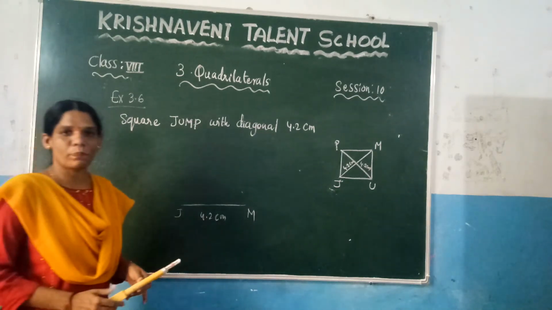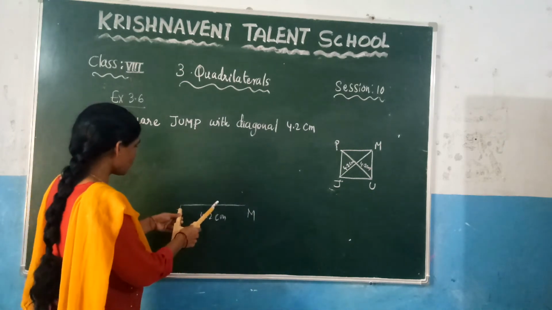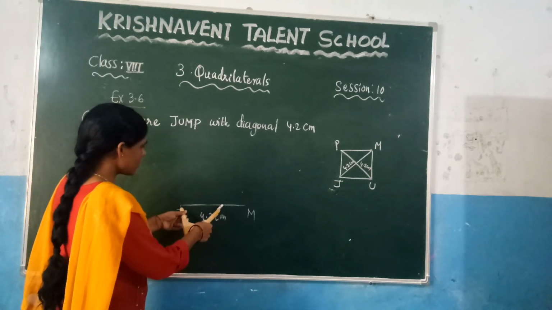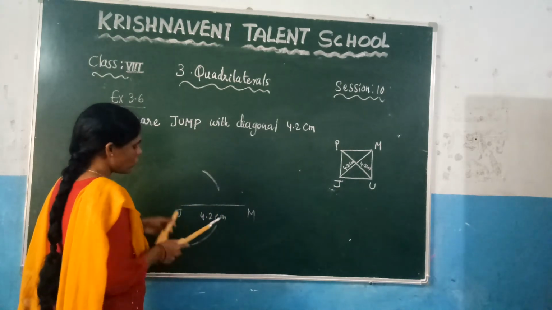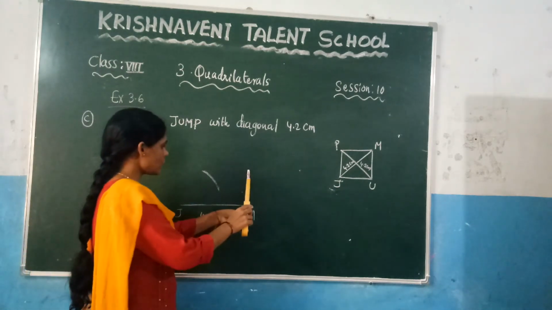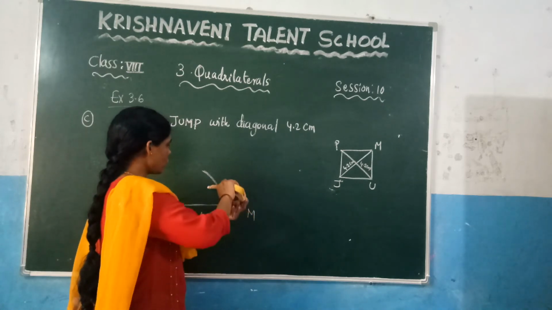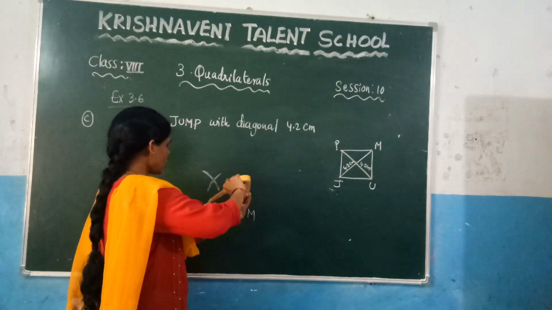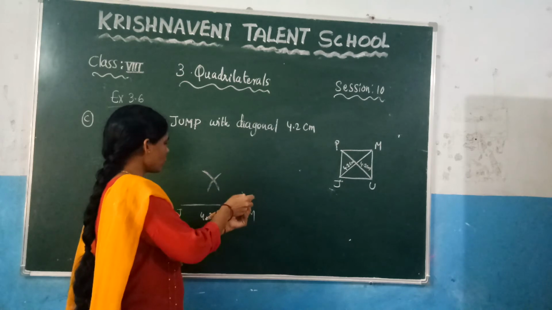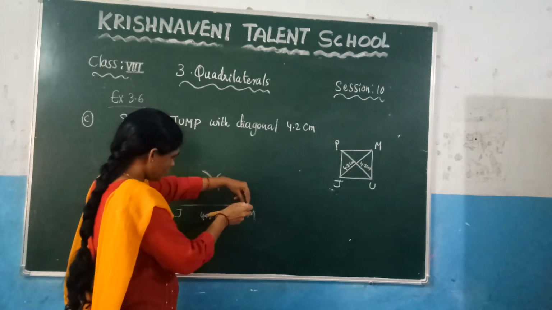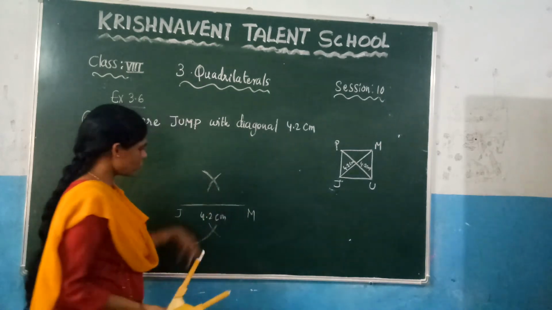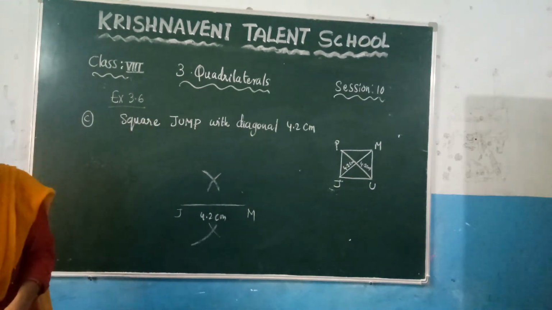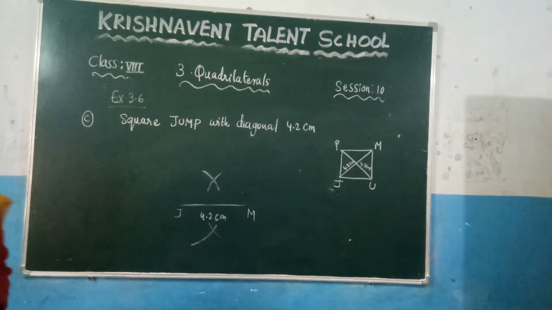Now you need to draw the perpendicular bisector. So again take more than half radius, right? It is more than half. Here at this point draw one arc, and at this point draw one more arc and down. Similarly at this point draw one arc, and down also draw one more arc. So here you got the intersection point. Now join that.